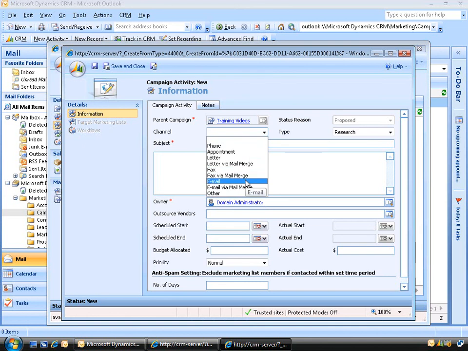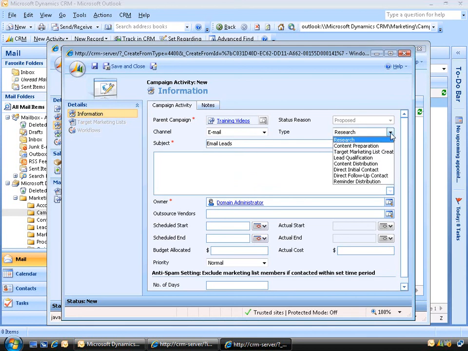So let's say as part of this activity, we want to email our customers. So I'm going to set it to email. And for the subject, I'm going to say email leads. And in the type drop-down box here on the right, I'll set this one to lead qualification, although you can see we have quite a few other scenarios to choose from in this list. Now in the description field here, we'll need to enter in some text, so I'll say we need to email potential customers